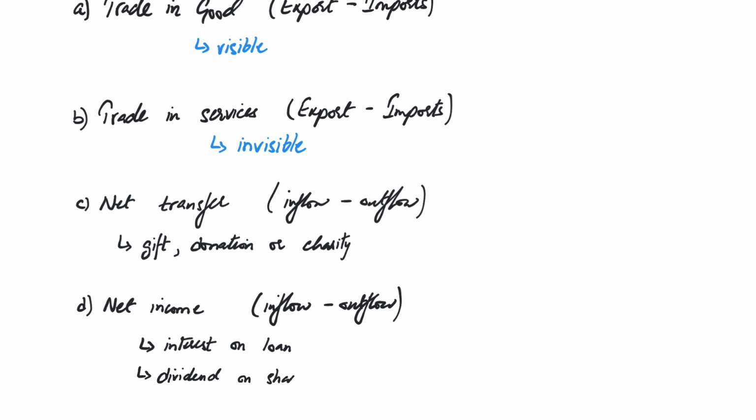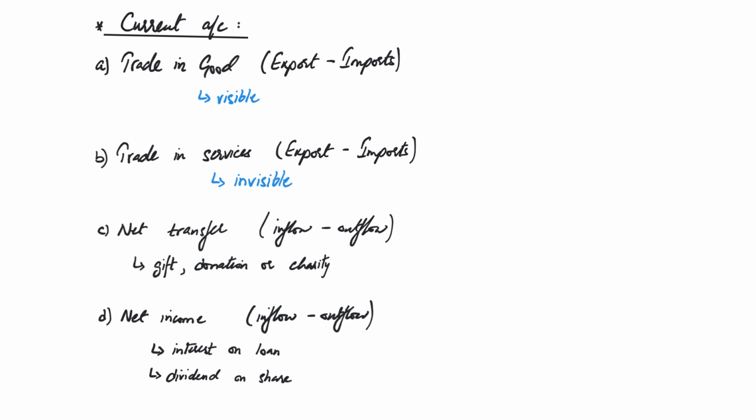on shares. Like for example, I'm in Pakistan and I invest in Google shares in the New York Stock Exchange in the US. Now, when I will do the investment, the money will go out. But later on, when Google will make profit and they will give me dividends, that will be an inflow into the country. उसको हम नेट इनकम्स में रिकॉर्ड करेंगे. जो इन्वेस्टमेंट मैंने की थी वो करंट अकाउंट में नहीं जाती, वो फाइनेंशियल अकाउंट में रिकॉर्ड होती है. बट वी आर नॉट टॉकिंग अबाउट फाइनेंशियल अकाउंट एंड यू विल नॉट कम अक्रॉस क्वेश्चंस इन ओ लेवल्स टू डील